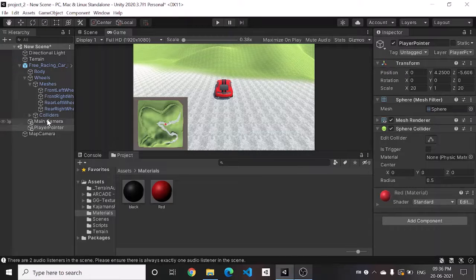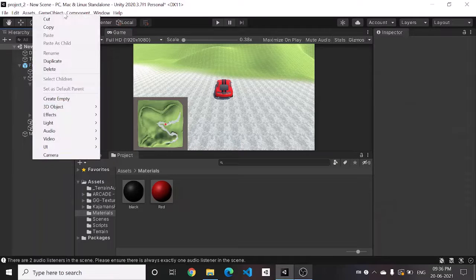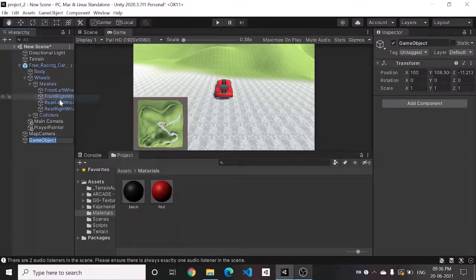Basically the center of the car is changing because of that. So what we're going to do is add an empty object that is going to encapsulate the player as well as these camera objects.